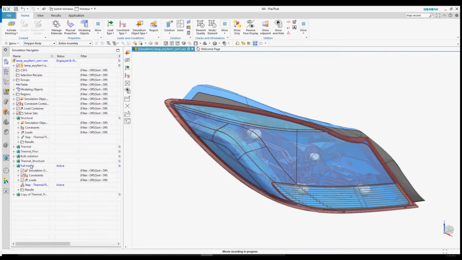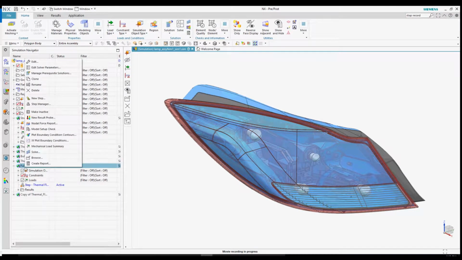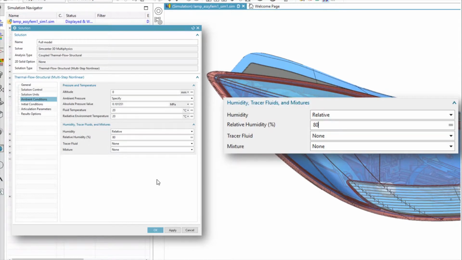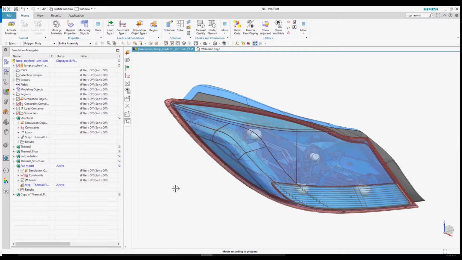Changes to the humidity levels in the lighting system are modeled by simply initializing the air internal fluid with a specified amount of humidity. The flow solver then accounts for the humidity transport and evolution over the course of the simulation.